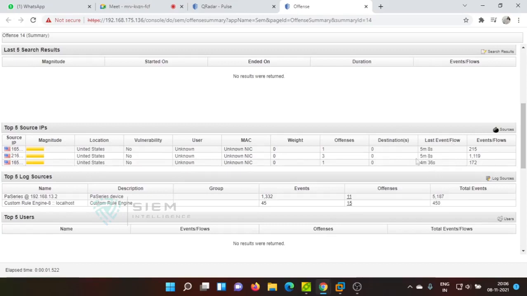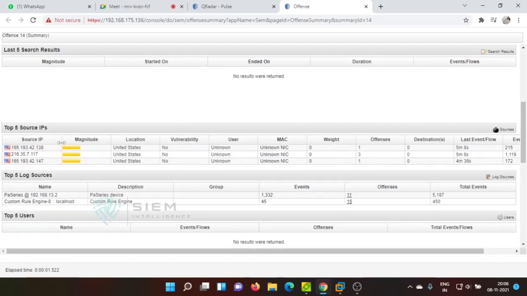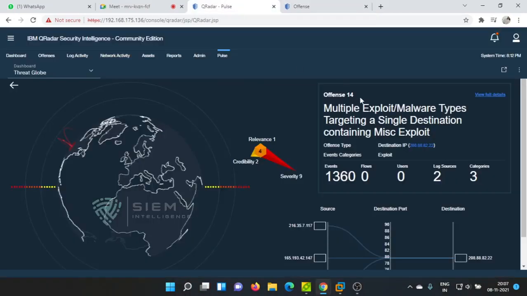In the last 5 minutes, the event and flow happened. If the real-time activity is still happening, then only the lateral movement can take place. Okay, so if it's 4 minutes old, it means the activity just happened. Like that you can come to know.